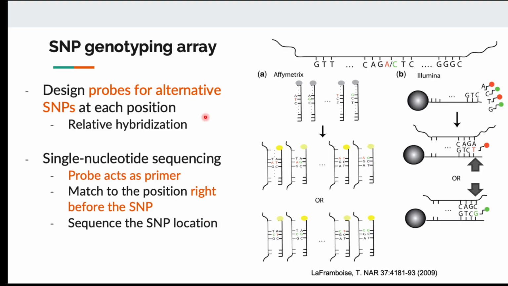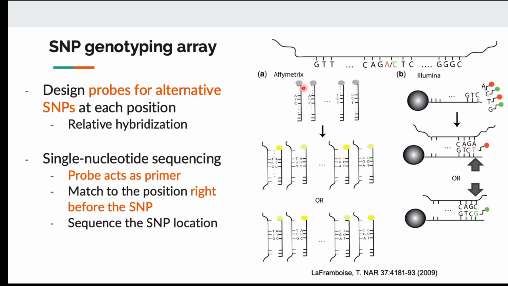So the idea is we're going to use the oligonucleotide on the array. You can think of it as a sequence, as a PCR primer. So if you have a gene that matches this oligonucleotide, it's going to hybridize. And if you initiate a polymerization reaction, you will be able to sequence the rest of the gene. So basically they are doing a multiplex PCR amplification, but they are using this for genotyping by making sure that